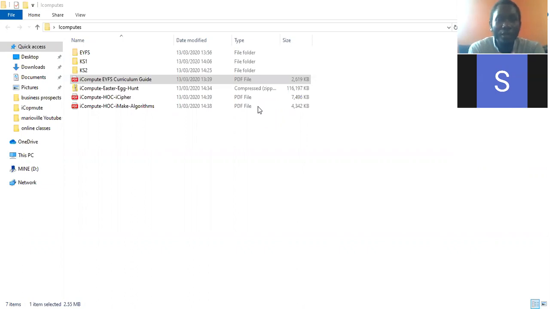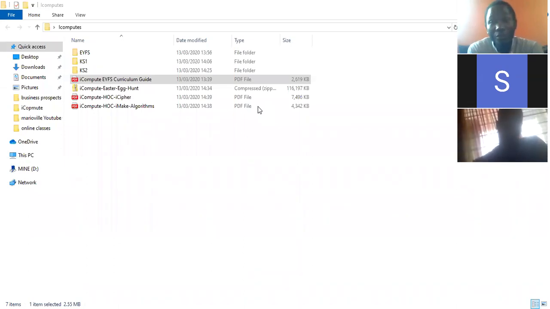Then we have the work plan, where we have the introduction, what we're doing today, and detailed objectives matched to the early year learning goals, and preparation, what you will need to do before teaching the unit. This one is to guide the teacher who is handling iCompute. But what I would like you to know is the units that you as students need to cover. We have units, the early learning goals and the outcomes. These are supposed to be your